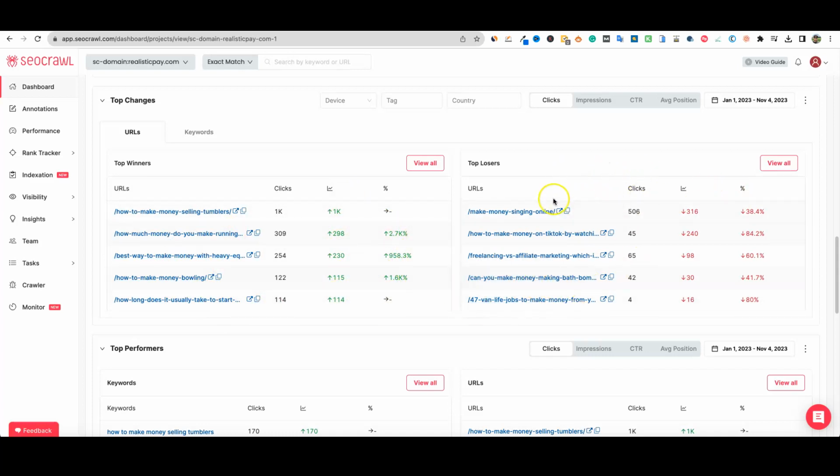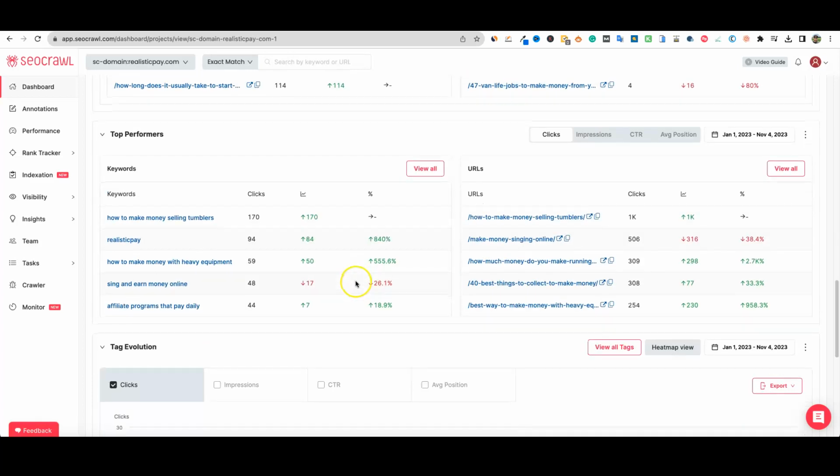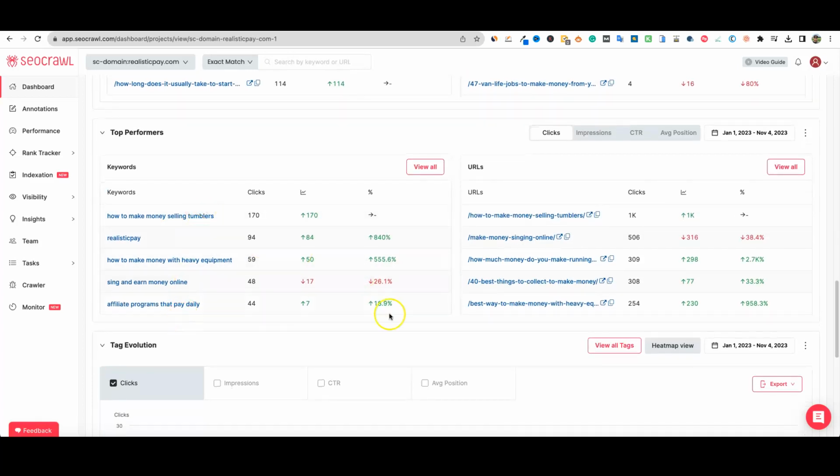And your top losing keywords right over here. So there's that make money singing online. I used to rank number 1 for that, but looks like I'm being taken out right now. I'm also not doing anything to sustain that spot. It's not really a money keyword or anything like that, so there isn't really any reason for me to go and do a whole bunch of things to try to keep that ranking. You can keep going to your top performer keywords,